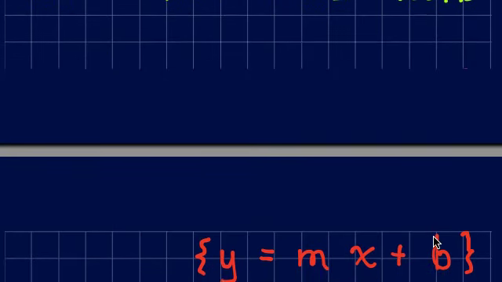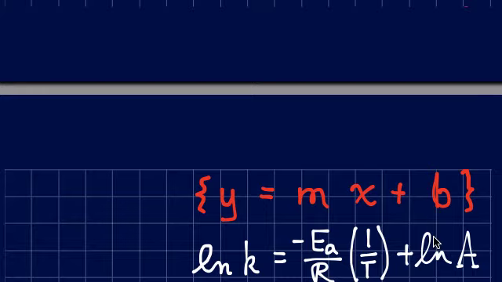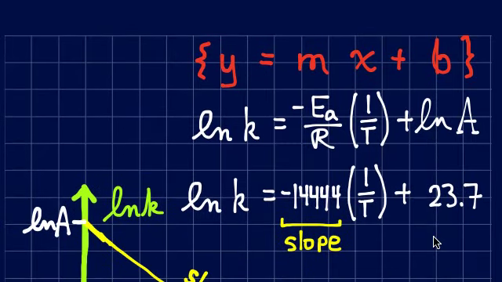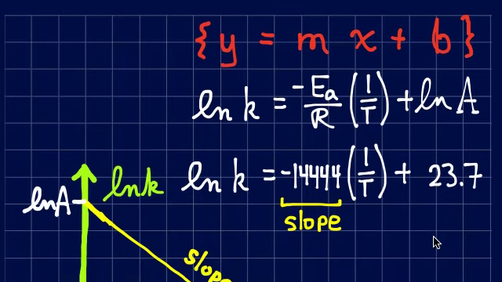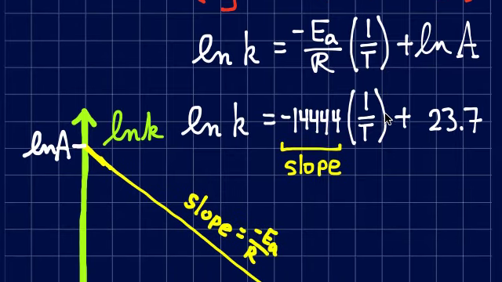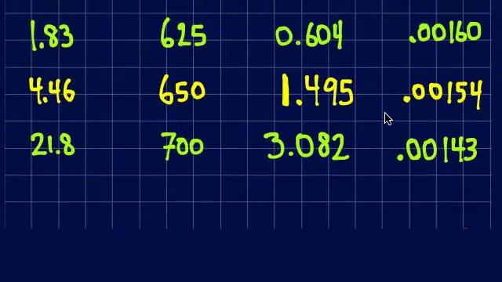I get a form very similar to y equals mx plus b, the slope-intercept form of the equation of a straight line. And so lo and behold, there's the y, there's the m, the slope of the line, the x-axis is reciprocal temperature, and b is the intercept. It's not constant over many reactions, but in any case, for this particular data, if I really took that data,